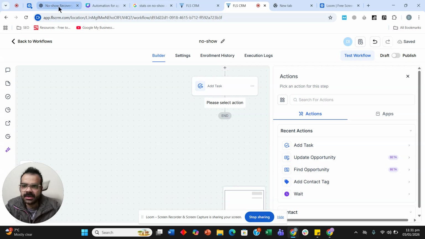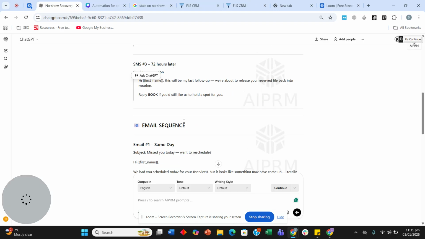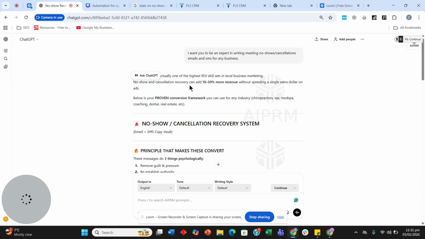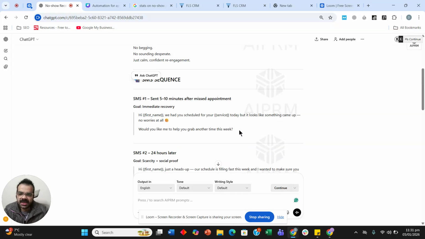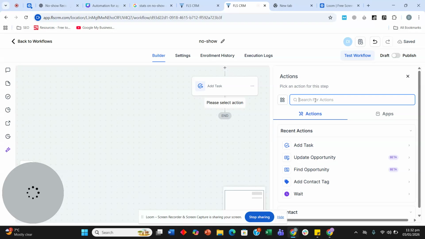And for that, you can go on ChatGPT and type in a simple prompt like, I want you to be an expert in writing meeting no-shows, cancellations, email, and SMS for any business. For you, it will be your own business. For example, it's a car wash business, so you will write for a car wash business. So it will give you a lot of text and SMSs that you can start including inside your actions. So we will send them an SMS here,